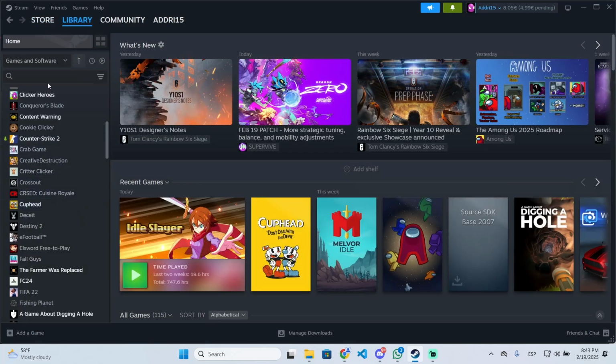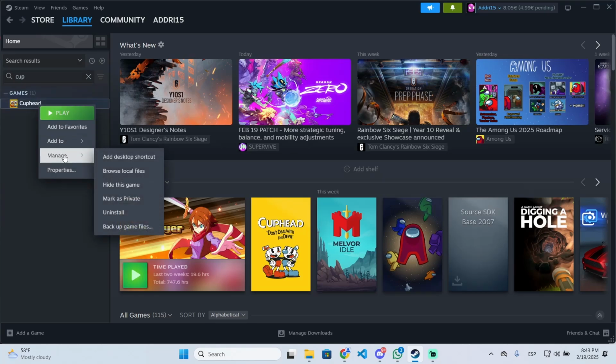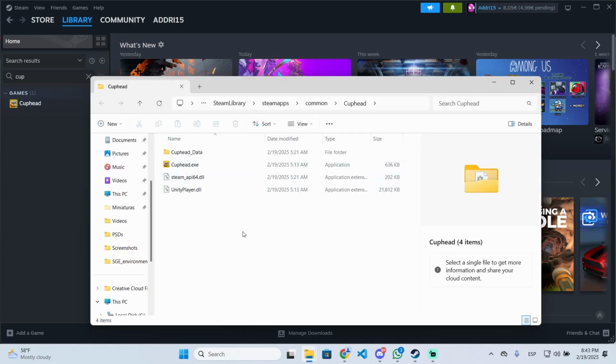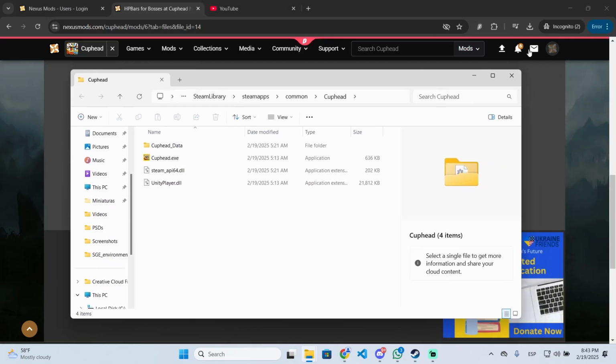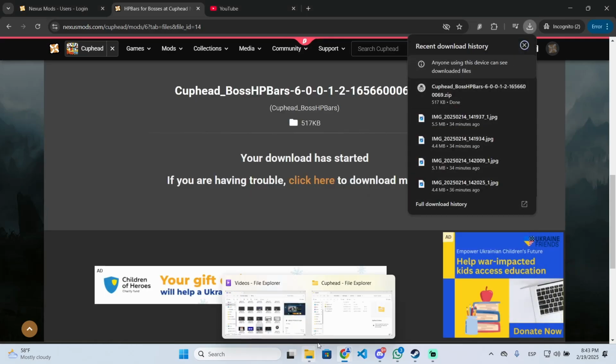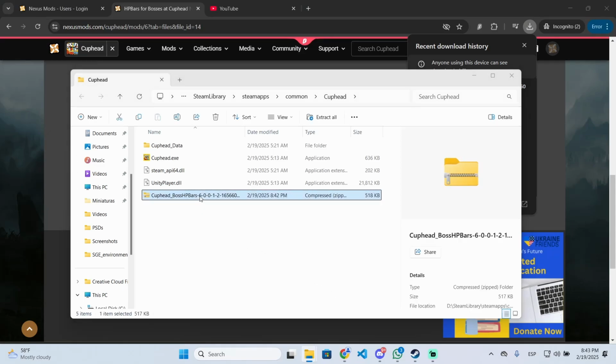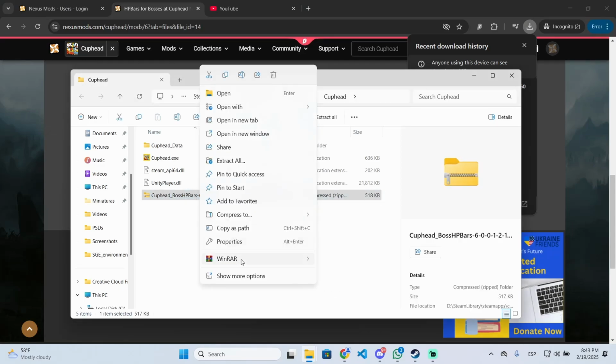for Cuphead. You can search by name right here, right click it, go to manage, and then you can browse local files. This will open the Cuphead root folder, and once you are here you need to drag the file we just downloaded to the Cuphead root folder, and after that just right click it and you can